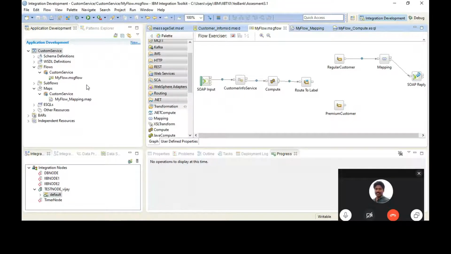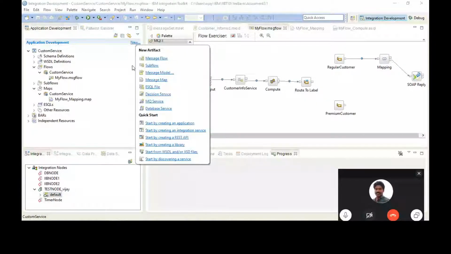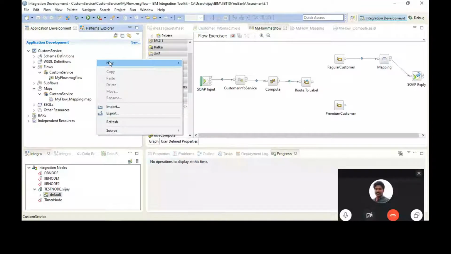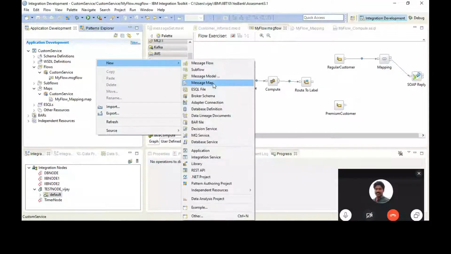For SOAP, I didn't. I have a start project type called integration service. New, no, don't click on that. Just right click in the white space. New, yes. So here there's an option called application and integration service, REST API, and all that. So when you look at your application, your customer service thing, it shows A, meaning application. What we need is integration service.